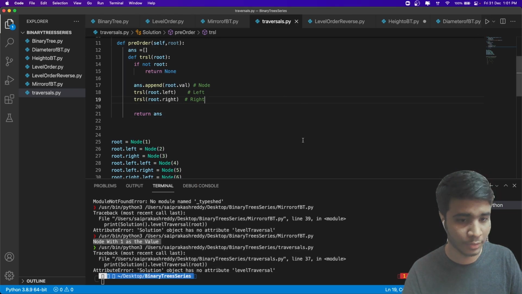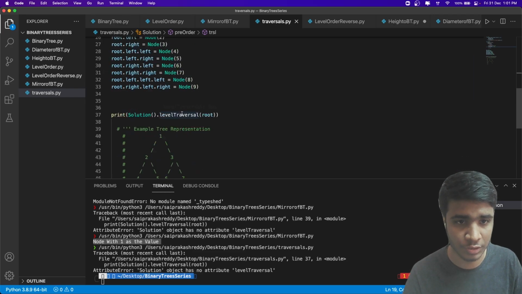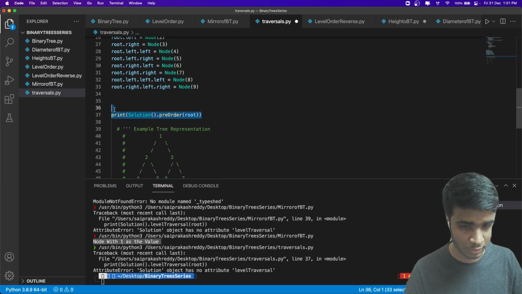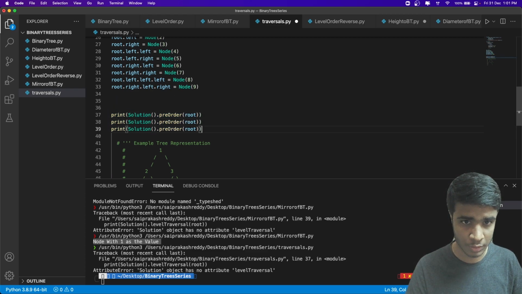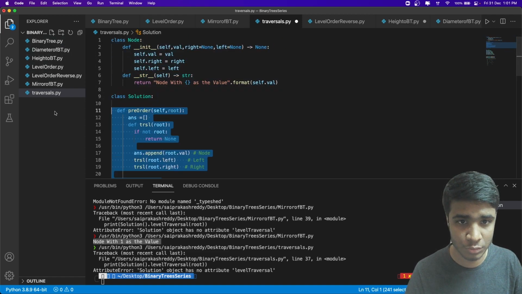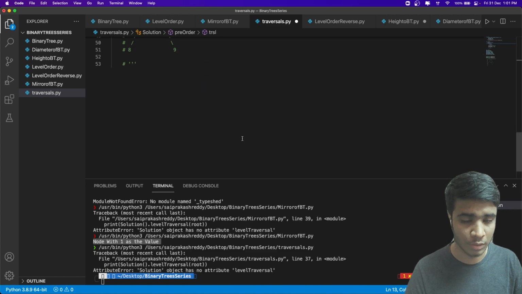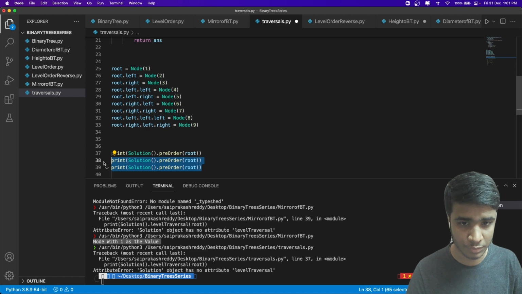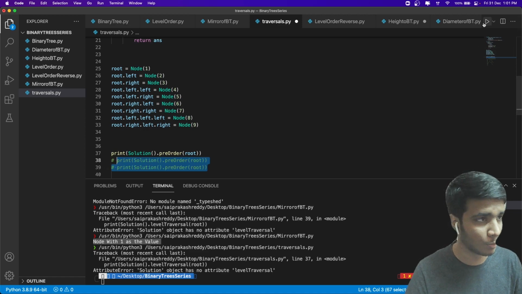Let me print this out. Okay, I have to change the function pre-order traversal. Let's copy this a bunch of times. Also do it for post order. And let me copy this solution. Wait, let me just run it. Don't be overconfident here. Let me just run it and see if it works. If it works, then we can move to the next one.